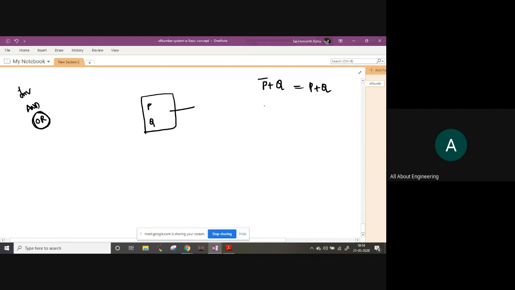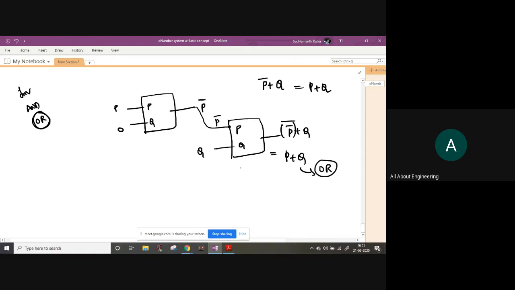So what I'm going to do is, first I'm going to generate the complement of this. So I will get p bar here. Now I'm going to give this as usual to a gate again. So now the output will be p bar plus q, right? But instead of p bar, what you will get is p. Why? Because already here you are giving a complemented input. So p bar whole bar. So you'll get p plus q. So this is the OR operation. So with 2 such types of boxes, you can get the OR operation also.